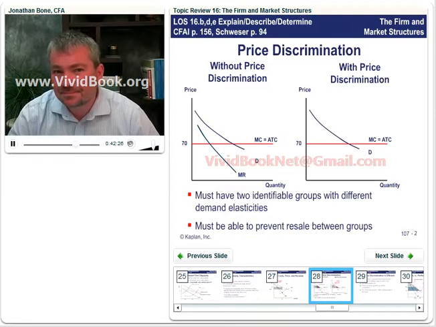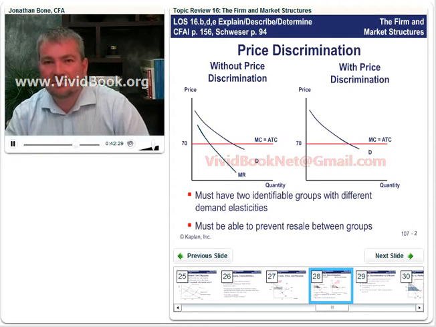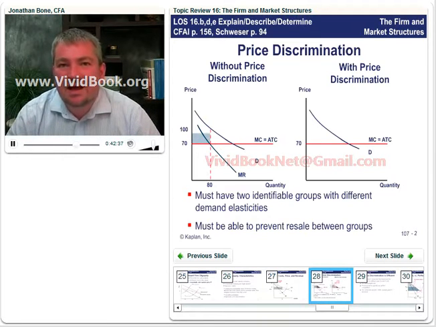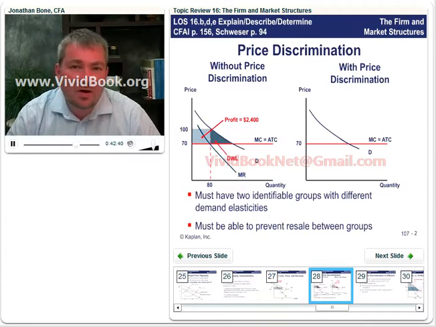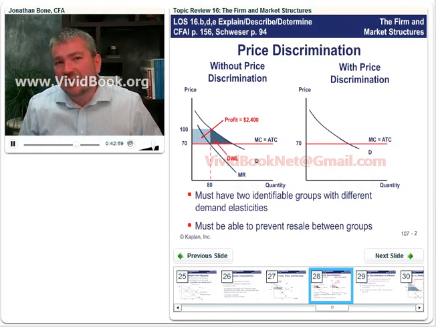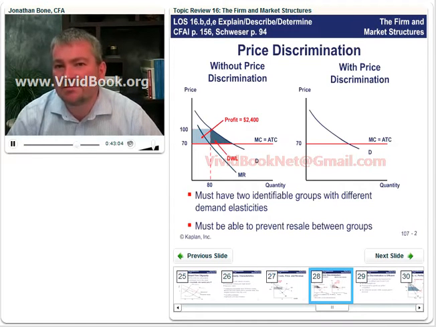Now, actually, let's just see. Do my lines animate? Yes, they do, sorry. So notice, without price discrimination, they've got a cost of 70 and a price of 100. Marginal revenue equals marginal cost. That gives you profit maximizing quantity of 80. Extend the line up until you hit the demand curve to get price, 100 in this case. Where you hit your average total cost curve, go along to get total cost 70. Okay, and you can see therefore that we're making $30 of economic profit per unit. 80 units, 30 times 80, a profit of 2,400.